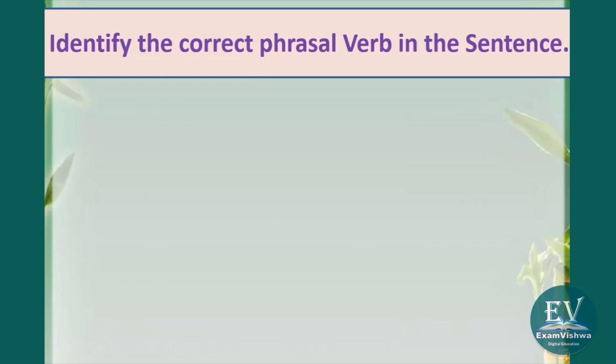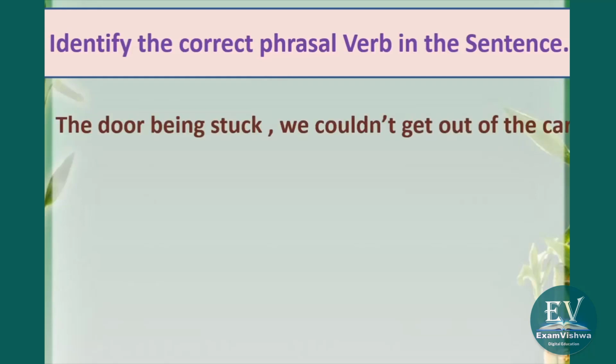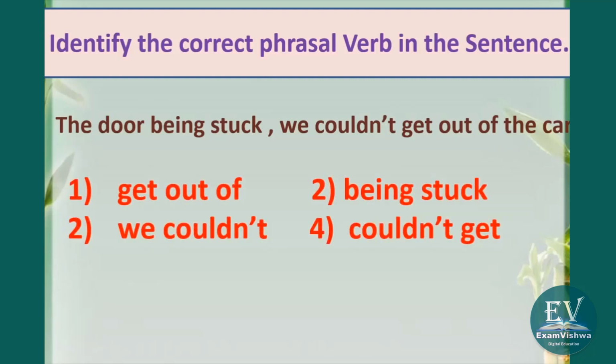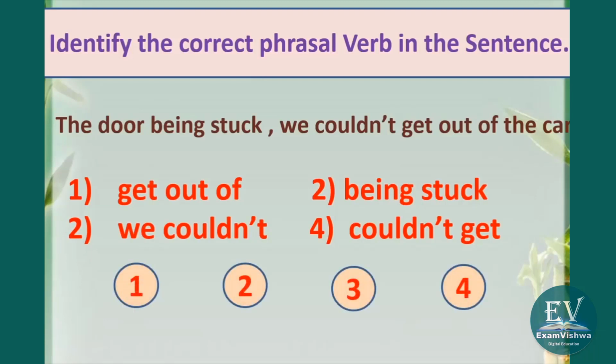So the second is also the same category. Category number 1, identify the correct phrasal verb in the sentence. The door being stuck, we couldn't get out of the car. Let's look at the options: get out of, being stuck, we couldn't get. Remember, a phrasal verb has a verb plus an adverb or a preposition, isn't it? So let's see which could be the answer. Our answer is answer number 1, get out of. Verb plus preposition, get out of. All right. Next,